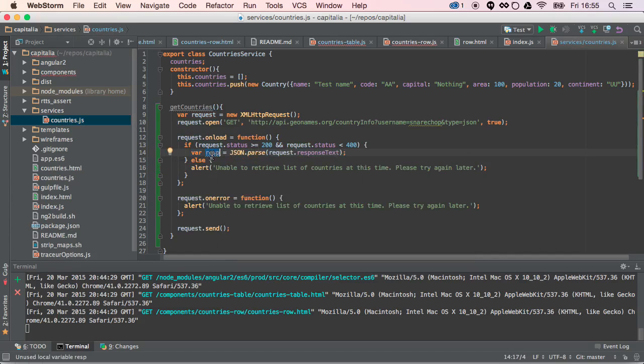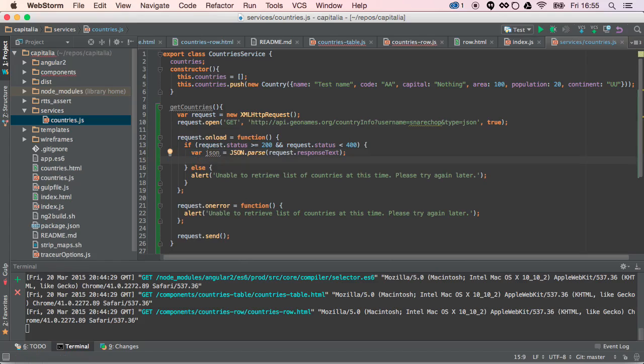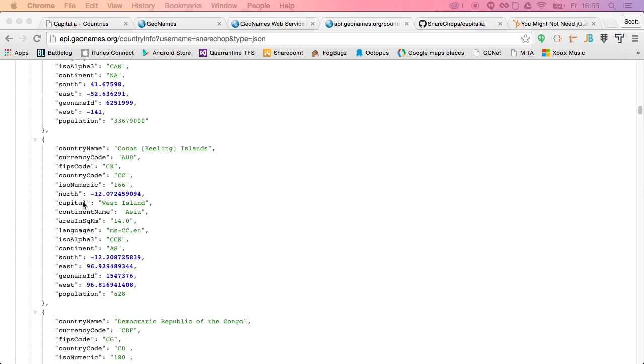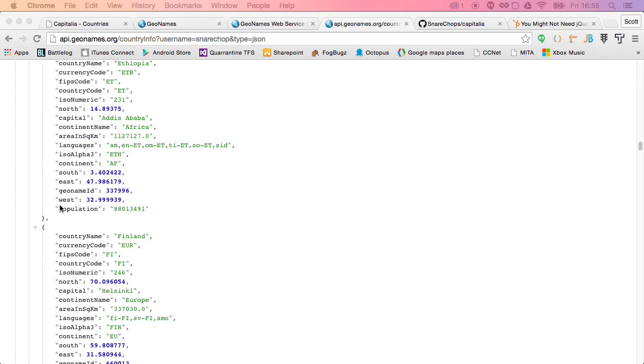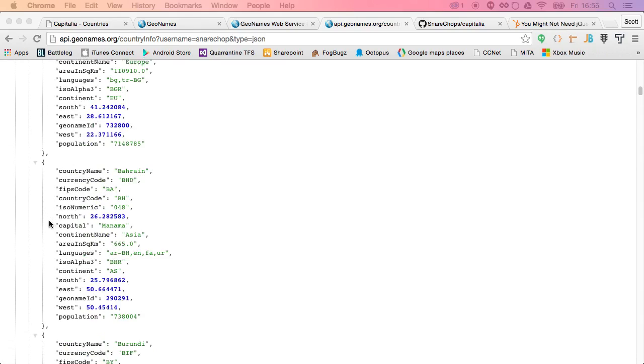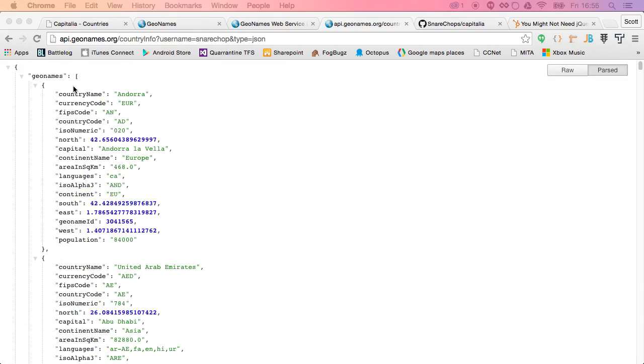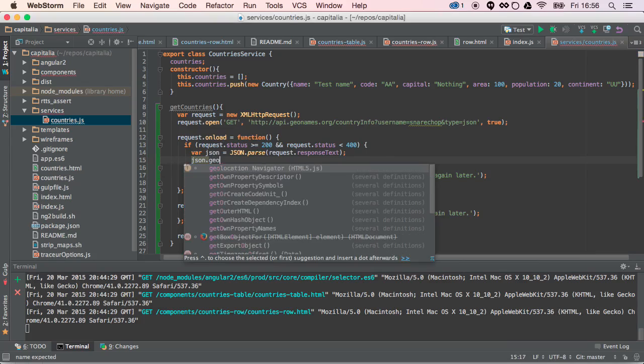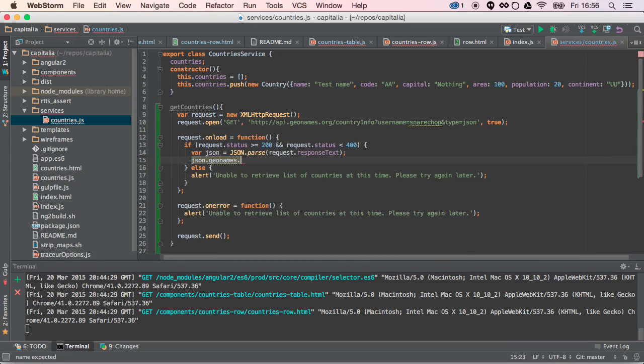So now we have our JSON. And basically what we want to do is look at what it looks like. So there's a geonames. Okay, so we want JSON.geonames